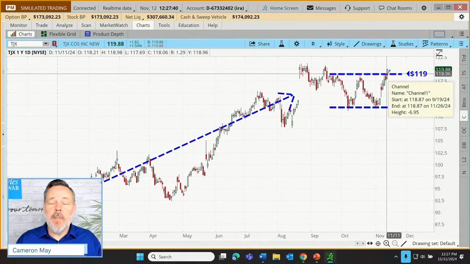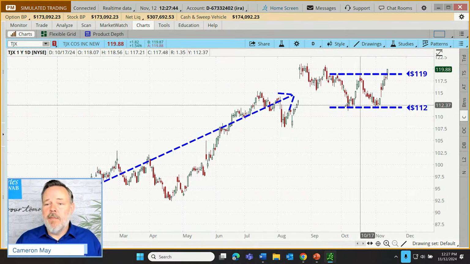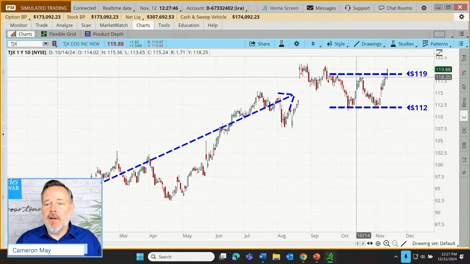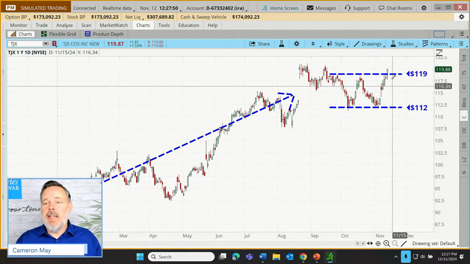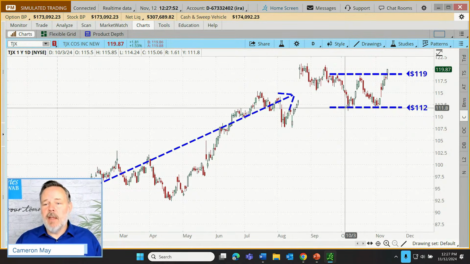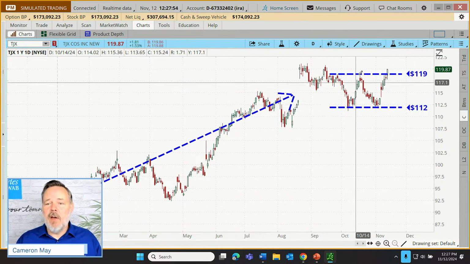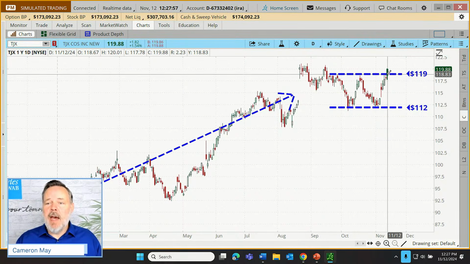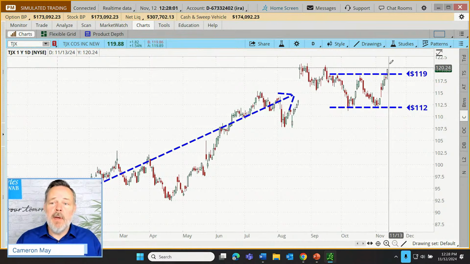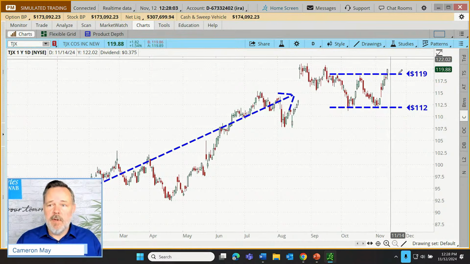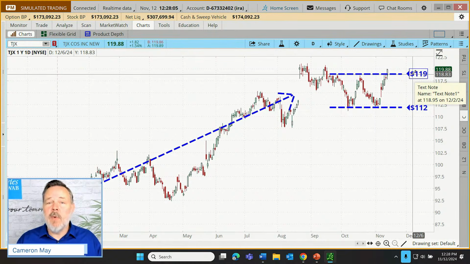So according to our plan, where might we plan to take our profits? Well, if our trading pattern, in this case, it looks like kind of a rectangle, had a depth of $7, in other words, we're trading between 112 and 119, a $7 range. If we break out of that range, a common assumption is, well, let's see if we can go up another $7. So from 119, that would carry us up to 126. Let's make a mental note of that. 126 is going to be our target price.